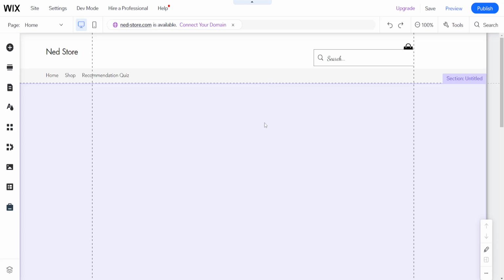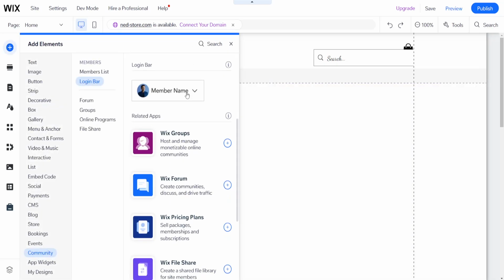Hey there guys, in this video I'm going to show you how you can add a login bar to your Wix website. So I am inside your website editor, and right here I'm just going to click on add elements,